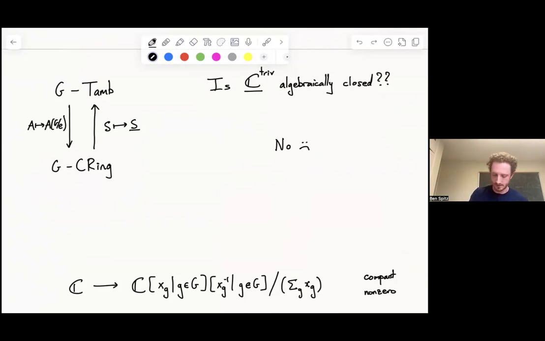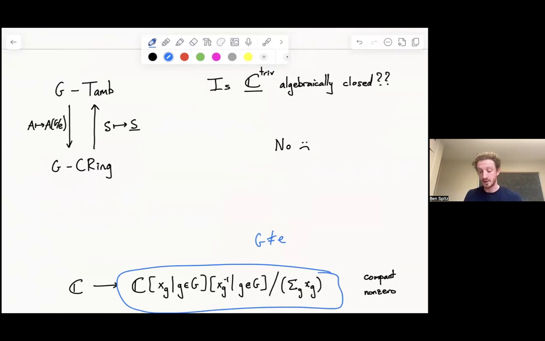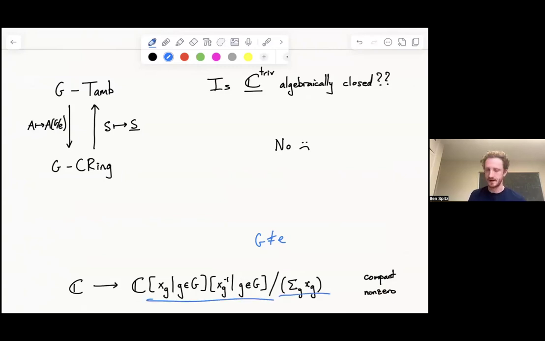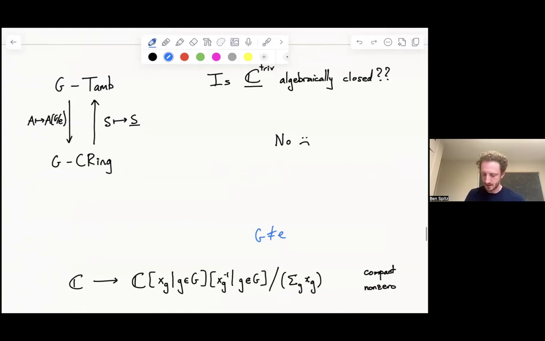And it's important here that G is not the trivial group. If G is the trivial group, that collapses the entire thing, and I get the 0 algebra. But if G is not the trivial group, then this algebra is not 0. And it is compact. It's a finitely presented algebra because I have finitely many generators and finitely many relations. Okay. Right, and non-zero because G is not the trivial group.